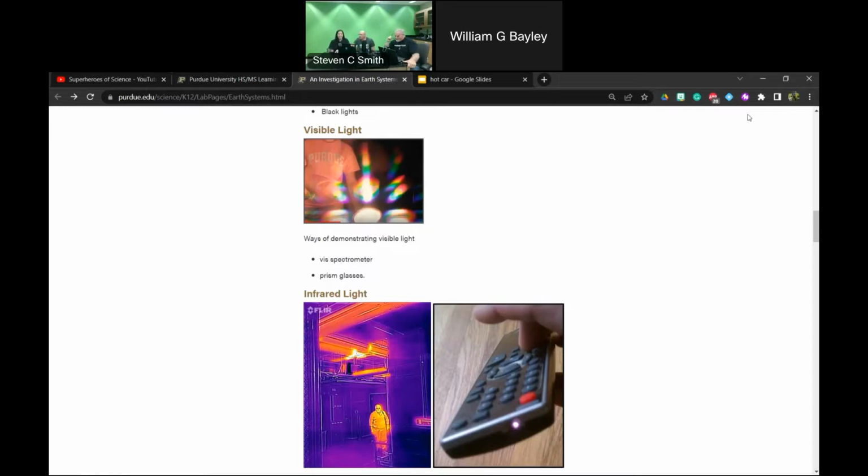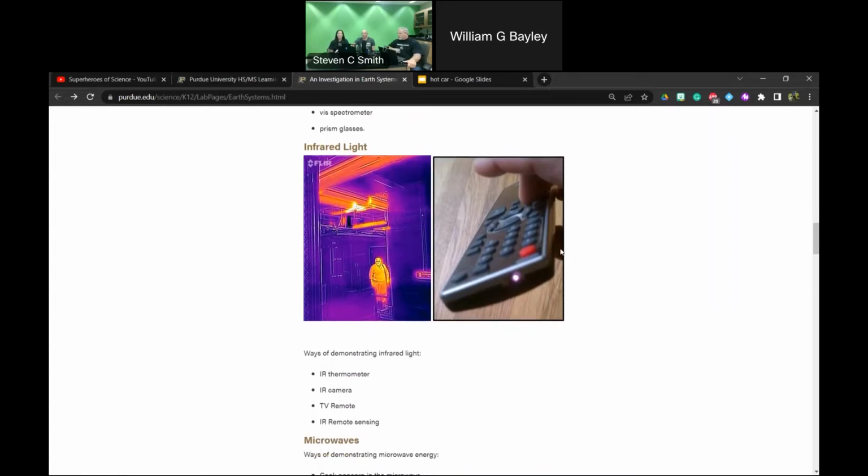The glasses work as a prism. They bend that light, just like a regular light prism. And they're cheap, and that's a fun way of teaching that. I know a lot of people used CDs back in the day, making little reflectors from those, but those prism glasses are awesome.